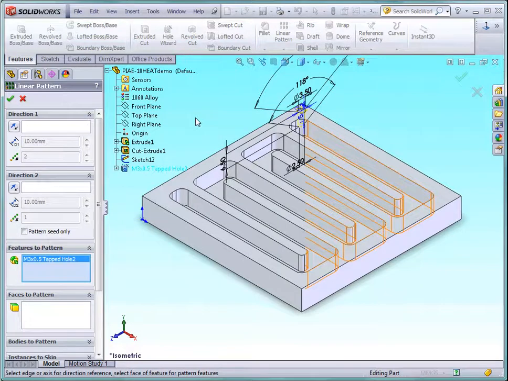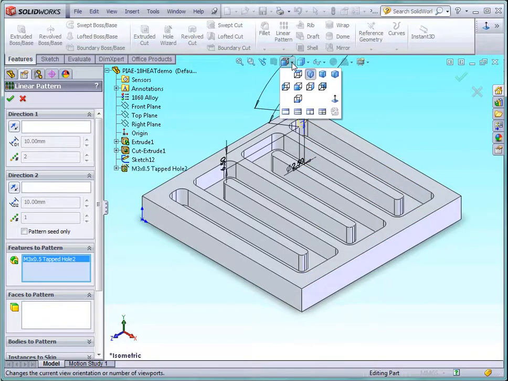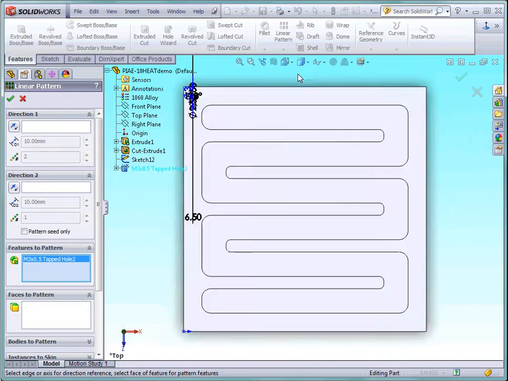Switch to a top view and highlight the pattern direction box. Click on one of the outside horizontal edges of the model. Check the direction arrow is facing the right way